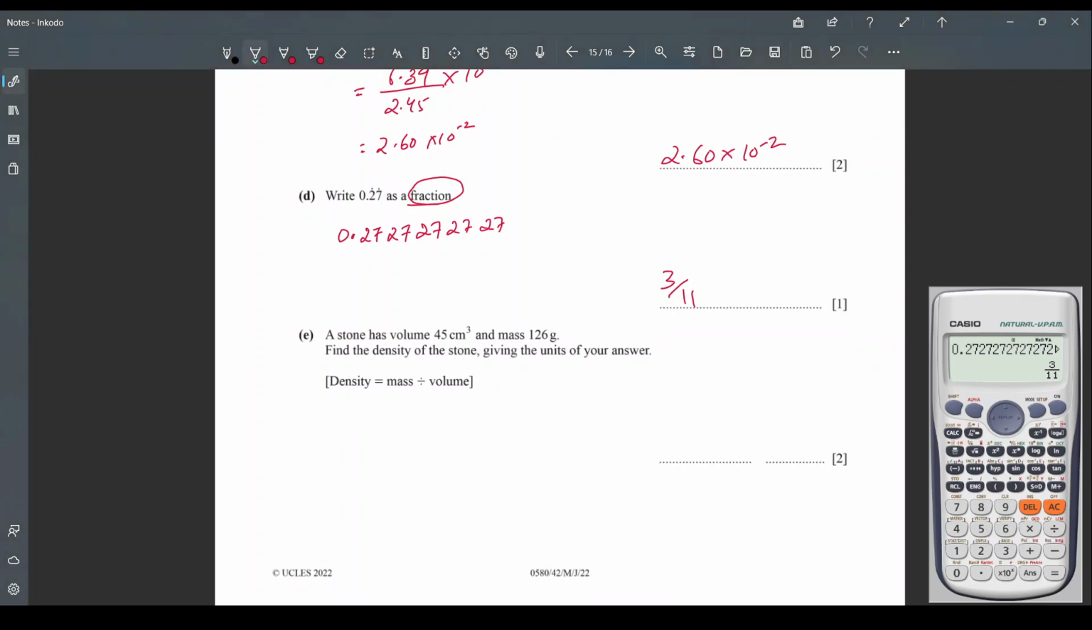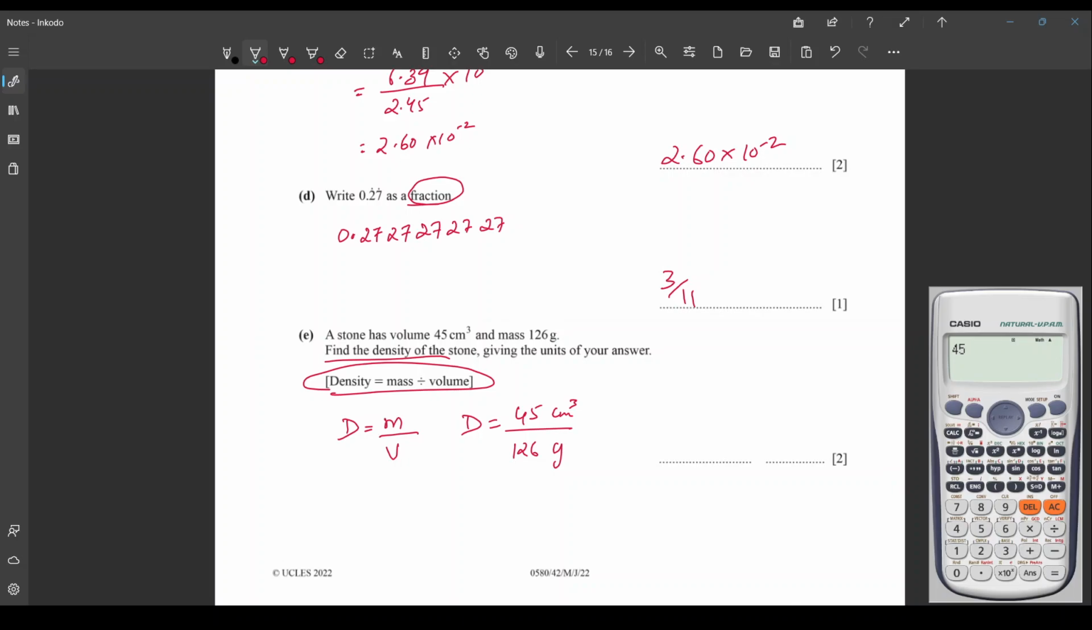A stone has volume 45 centimeter cube and mass 126 gram. So density is given. You have to find out the density of the stone. So density is mass upon volume. So density will be mass of the stone is 45 centimeter cube and the volume of the stone is 126 gram. So when you will use calculator to divide this,